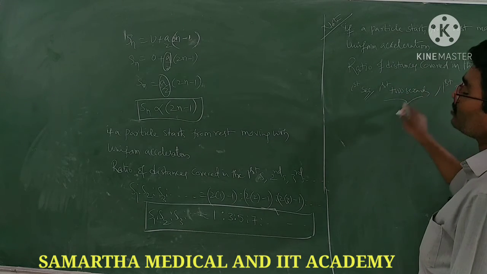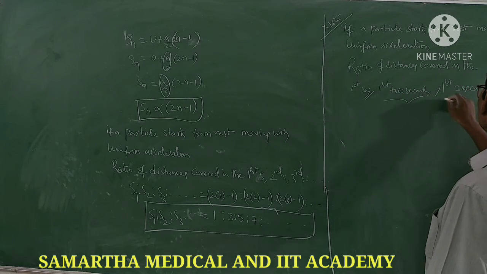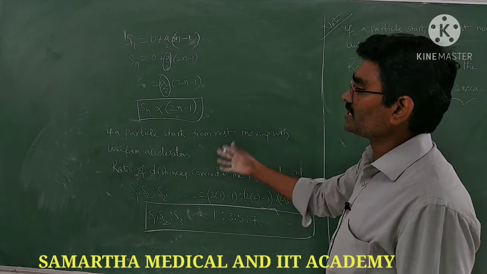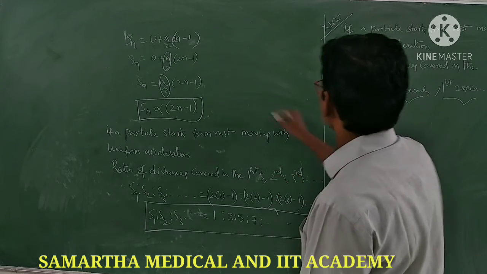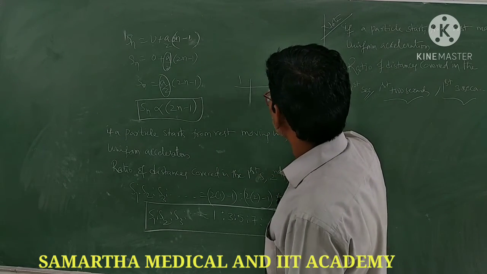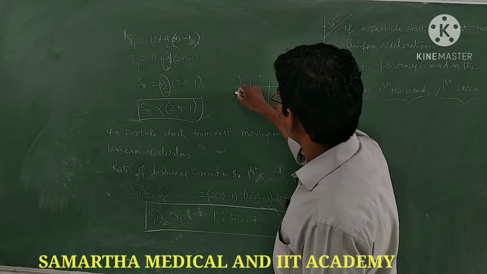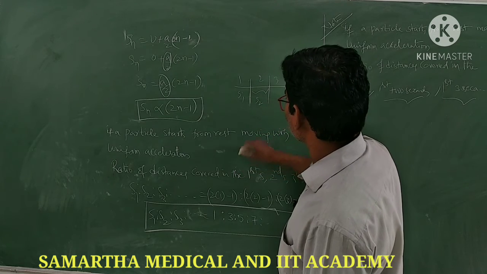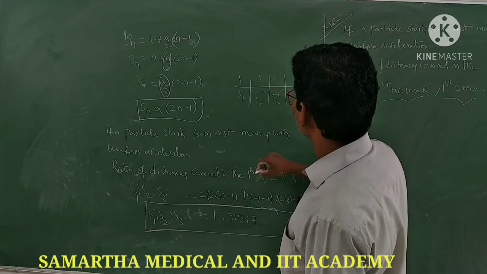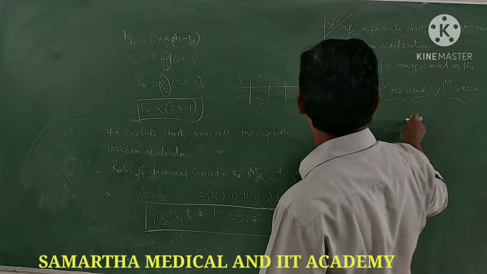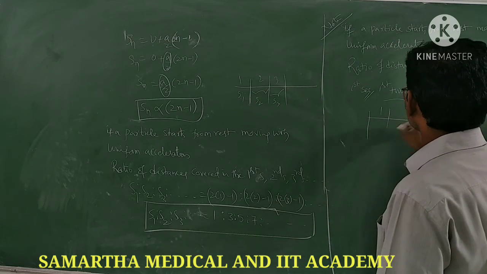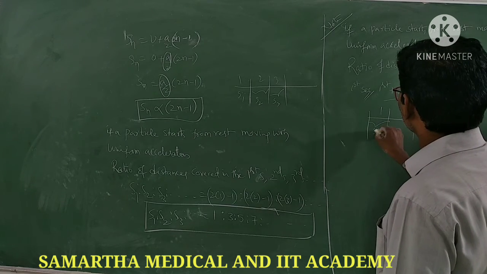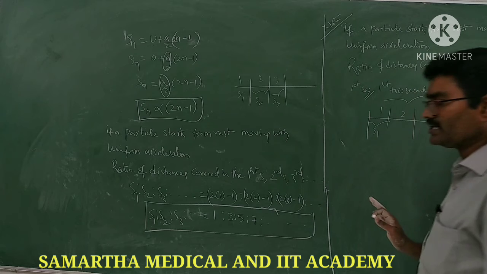first 2 seconds means including the first second plus the second second. Ratio of first 3 seconds means including the first second, second and third. But in the previous case, first second alone, second second alone, third second alone, like that. Suppose see here, this is the first second, this is the second second, this is the third second. So the ratio of distances covered is 1 for the first, 3 for the second second, and 5 for the third second. Suppose if they ask for this case, how it is: this is the first second, this is the second, this is the third, like this it is. So the ratio of distances covered in the first second only, there and here you will get the same only.